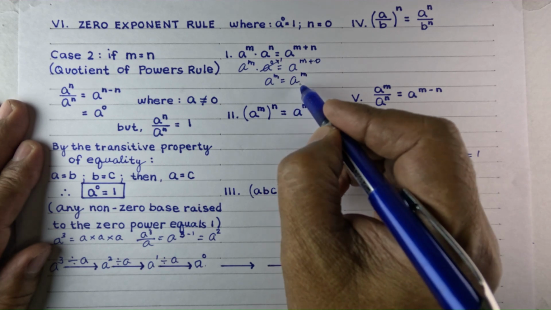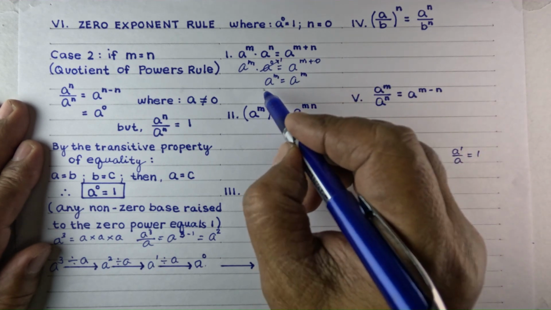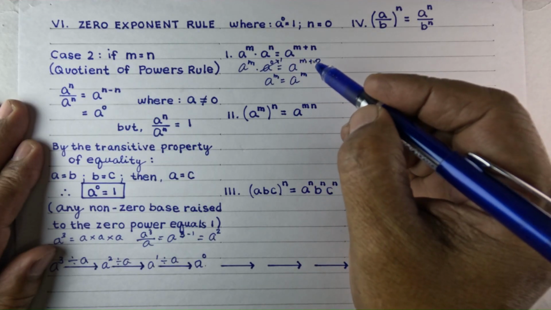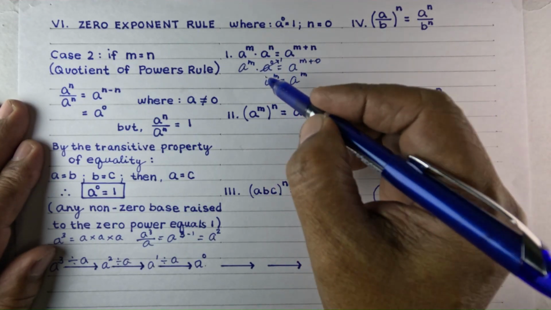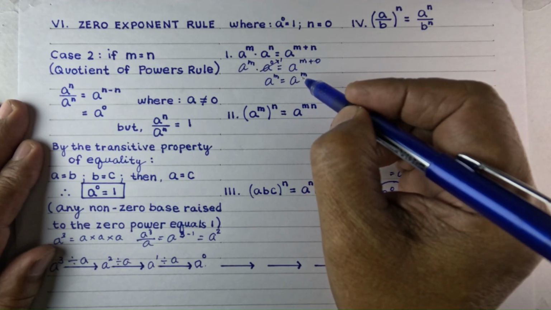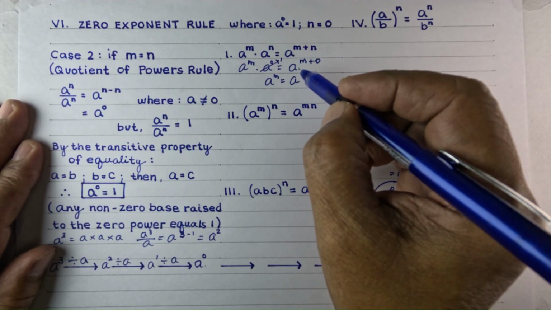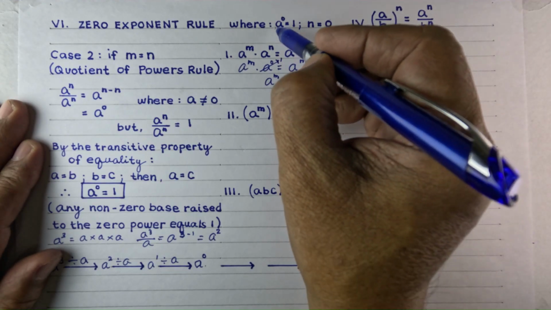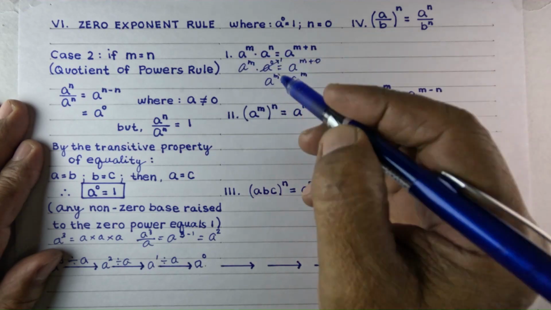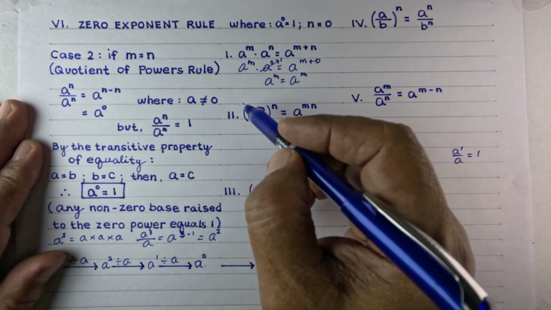So a to the m equals a to the m. Both sides being equal, there's no contradiction. Therefore, a to the m equals a to the m is a statement of validation. So they concluded that a to the 0 equals 1 was consistent with the first law. Then they